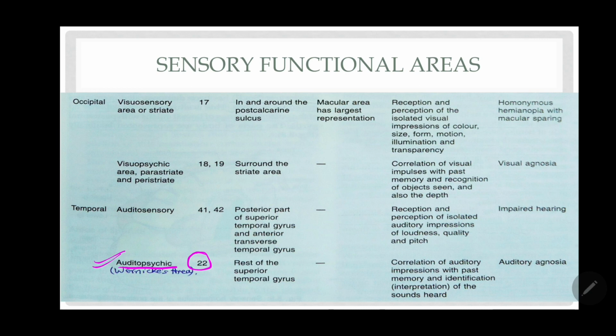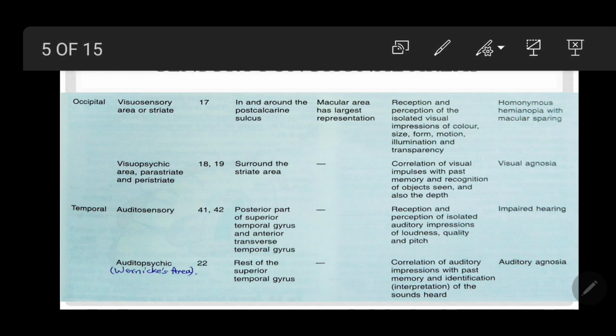So if you're not recognizing, that is visual agnosia, and if you're not recognizing the auditory impulses, that is auditory agnosia. Visual agnosia happens because of a lesion of the visuopsychic area, meaning association visual areas 18 and 19. And a lesion of the audiopsychic area, that is the gyrus of Heschl, remember, will lead to auditory agnosia, because you will not be able to identify the sounds. So both of them I have taught you, and now what else is left, it's done. Okay, thank you.